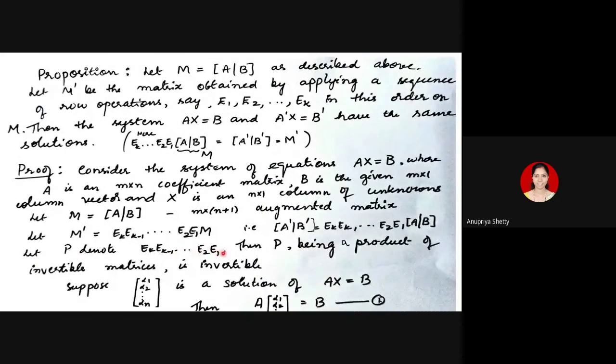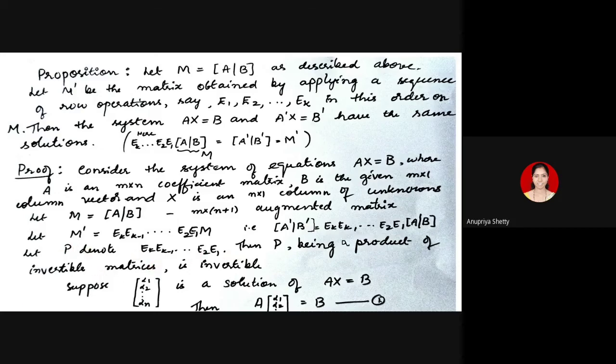And that when it is multiplied on the left of A, when A is multiplied on the left by e1, e2, etc. ek in this order, what you get is the new block A dash. When B is multiplied on the left by e1, e2, etc. ek, means to say that you have applied those row operations. What you get after applying that on the column B is the new column B dash, right? So I'll replace, and this product is nothing but P.